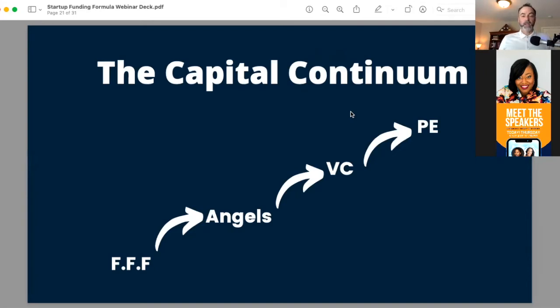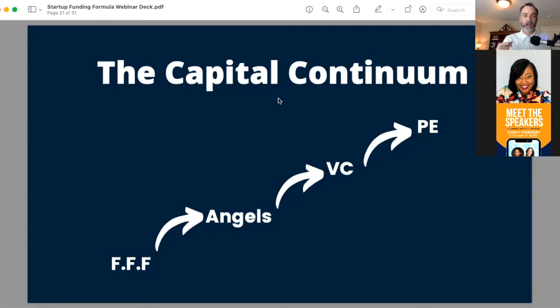important to grasp. You can't generally be a brand new startup that hasn't accomplished a whole lot, you just have an idea, and a VC firm is going to touch you. They want you with some more accomplishments. You might just have what we call a prototype, maybe a customer or two, and that could be appropriate for an angel. So what these arrows represent is the idea of accomplishments, things that you are able